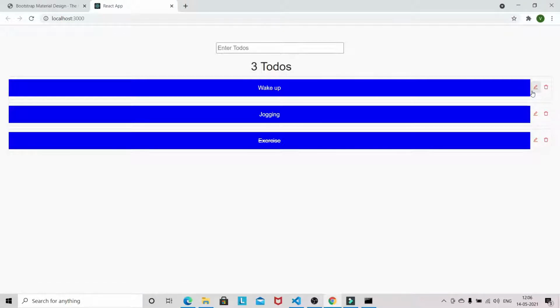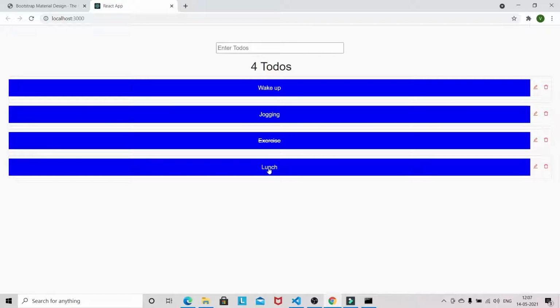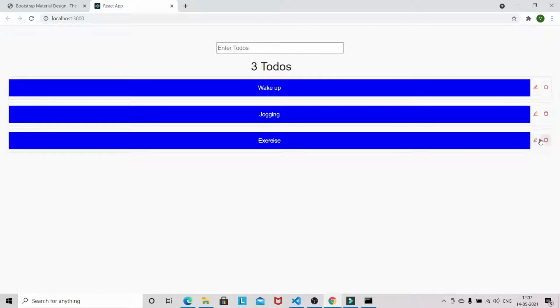Let's see one by one if it's working. First is lunch. Now we can mark as complete also. This is working. Now we can delete, and we can edit the exercise to walking. So everything is working now.